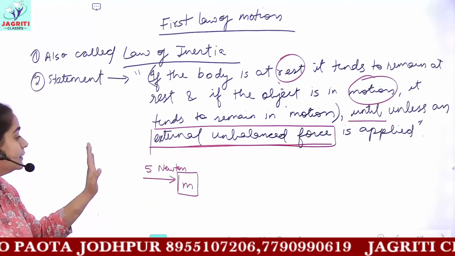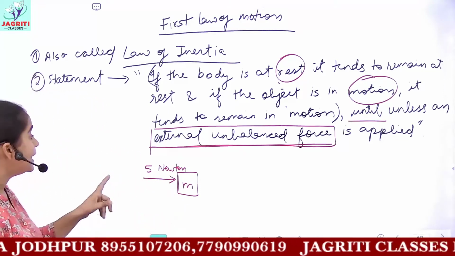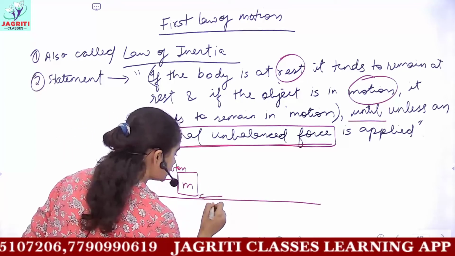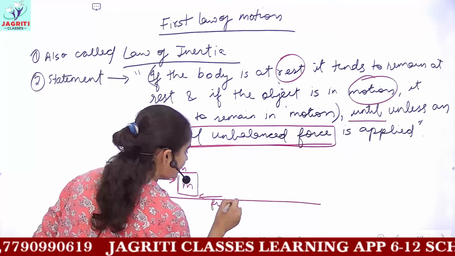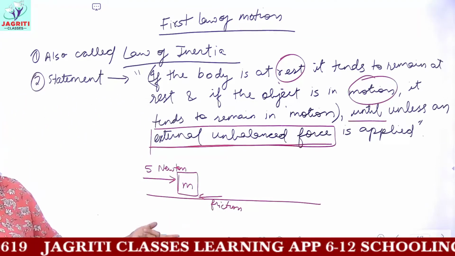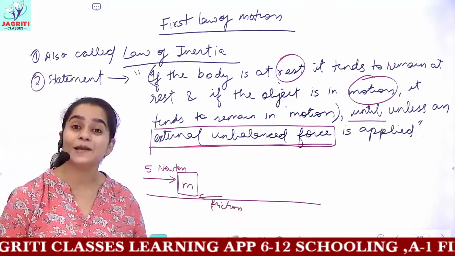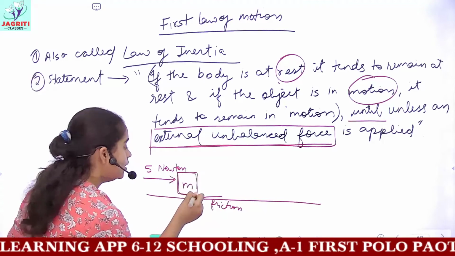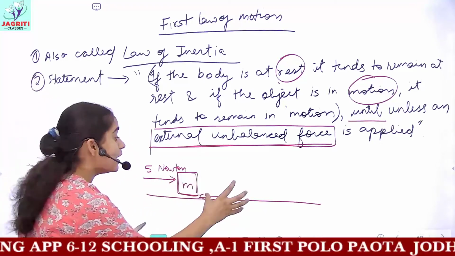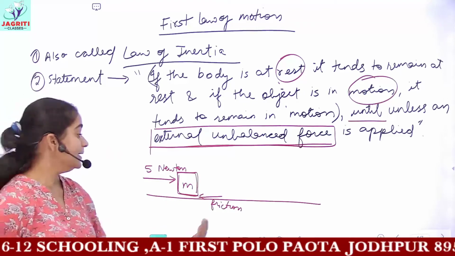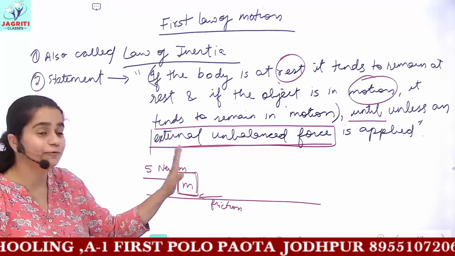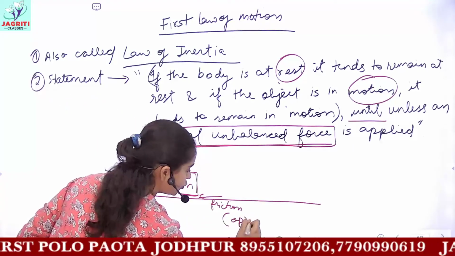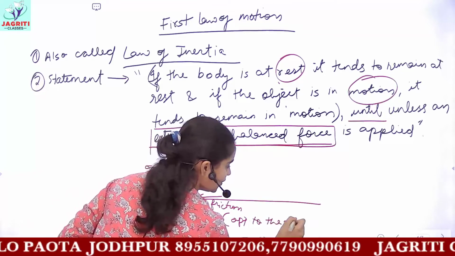So you are applying a force of 5 Newton on this object. What happens is, this object is not moving. It means that the surface also applies a friction force. You have definitely studied friction in your previous junior classes. Friction is a type of contact force because the object and the surface are in direct contact. So the ground will apply a friction force on the object in the direction opposite to the direction of force or motion. The direction of friction is always opposite to the direction of motion.